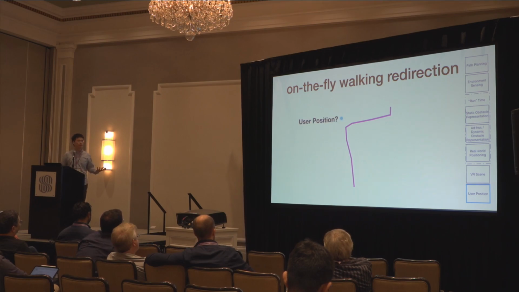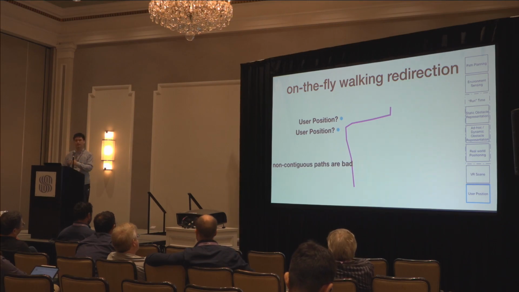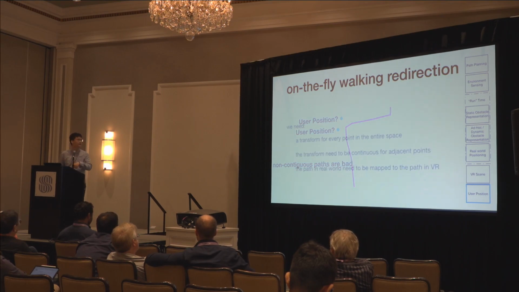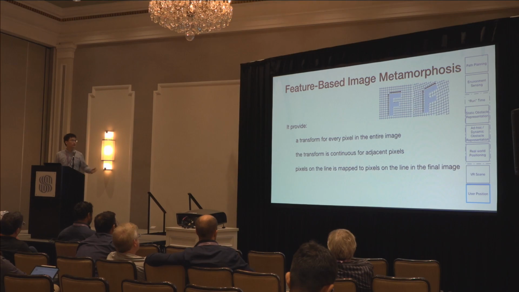In that case, we get pretty confused. Should I use the transformation of the next segment to compute the current location, or the previous segment? It's really bad if the user walks around and then their position just suddenly jumps just because their closest segment transitions from one segment to the other. So we need a mapping so that we have a transformation that is continuous across the space. So we